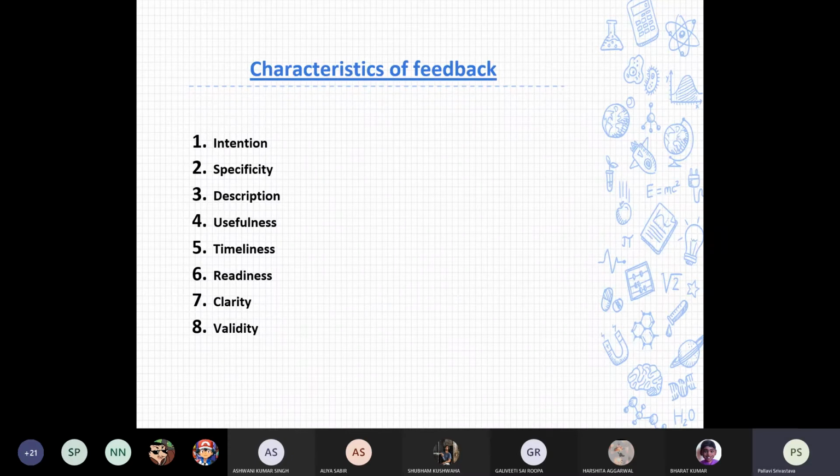Second one is specificity. It's just like you get a chance to find out that one of your employees is late. So you tell him that you are not a good employee. Now what is happening here? You are being too general. That person was late by 5 minutes and was not at his desk, you happen to be there and you made a comment that you are not a good employee. Now that employee is wondering what he has done wrong to be a bad employee, because once or twice, anyone can be late.